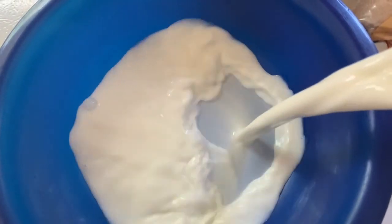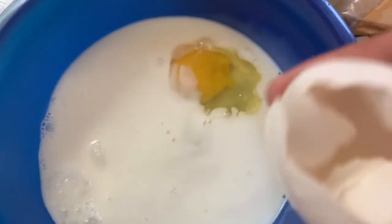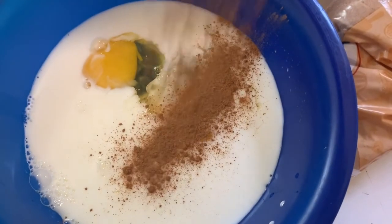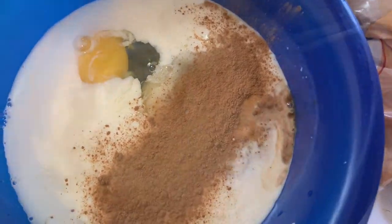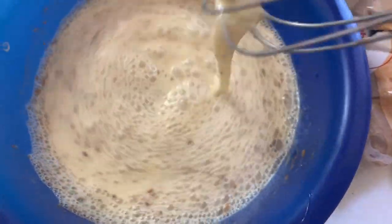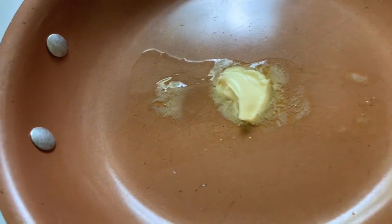So in a bowl, I'm going to add some milk. I'm going to add in my 2 eggs. A little cinnamon, as much as you want, and a splash of that vanilla flavoring. Give that a really good mix. So now that your mixture is all mixed up, you're gonna put a little bit of butter in your pan